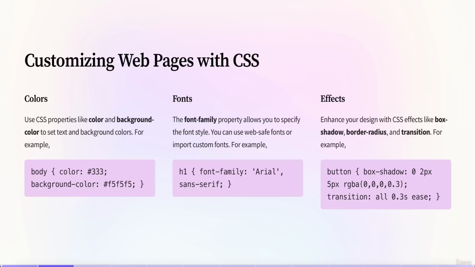Colors. Use CSS properties like color and background-color to set text and background colors. For example, fonts. The font-family property allows you to specify the font style. You can use web-safe fonts or import custom fonts. For example,